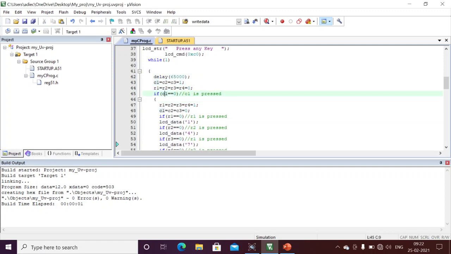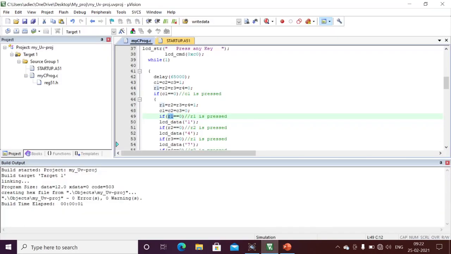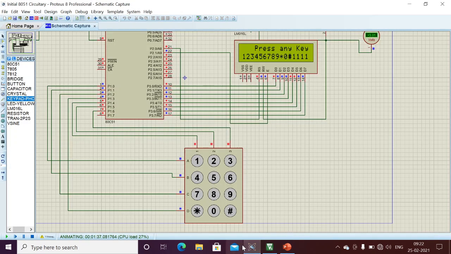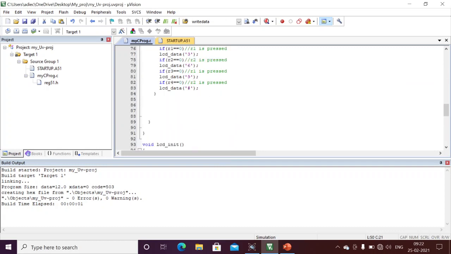For example, first column and first row means I am going to display 1. Similarly we wrote the program so that it works as per the program. This is the way we need to write any program in an easy method. First we need to understand the concept, and then write the program. This is the concept we need to follow always.